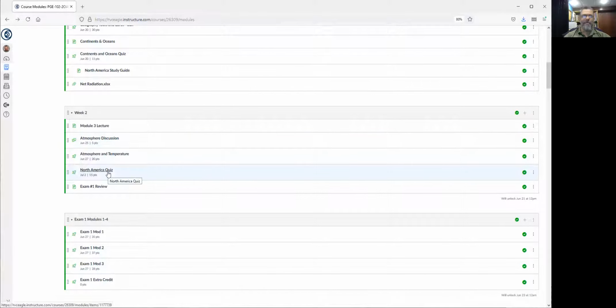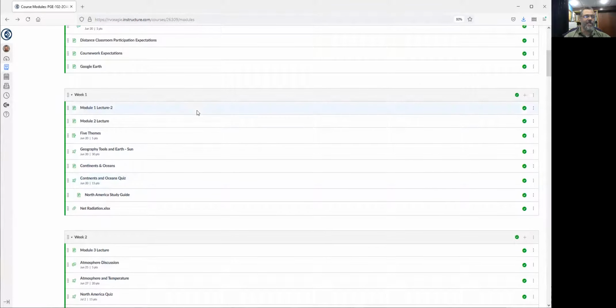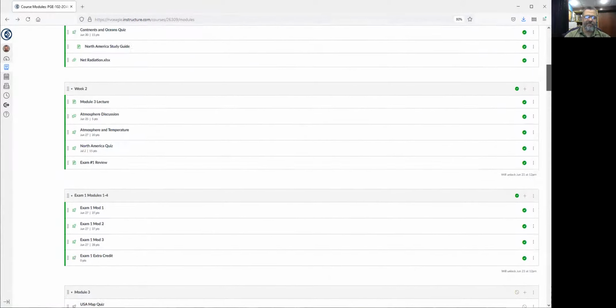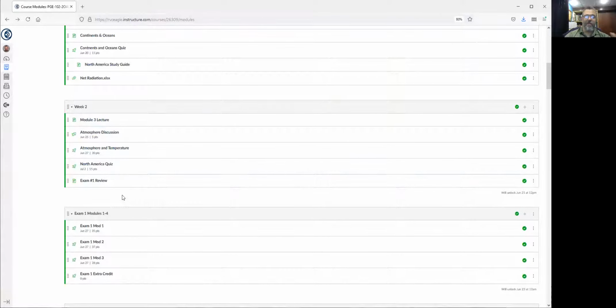Also, you have another map quiz, the North America map quiz. As you see, the North American Study Guide, you should have seen it in your module from last week, or your weekly module. I try to put the next week's guide in this current week. So this week's, you will get another one. I think it is going to be the, let's see, what is next week? I'd have to look at the actual, well, it'll be up there. Your new one will be up there. It should pop up tomorrow also. You just can't see it. So it should come up tomorrow for your next map quiz.